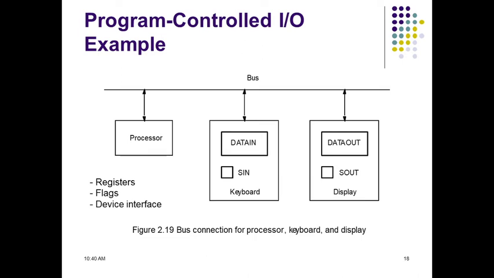Here, keyboard and display are separate devices. So when you strike a key on the keyboard, it does not automatically cause the corresponding character to be displayed on the screen. What happens is that one block of instructions in the IO program transfers the character into the processor. Then another associated block of instructions causes the character to be displayed on the display device or the output device. So this is how the character transfer and display of a character happen in the computer.